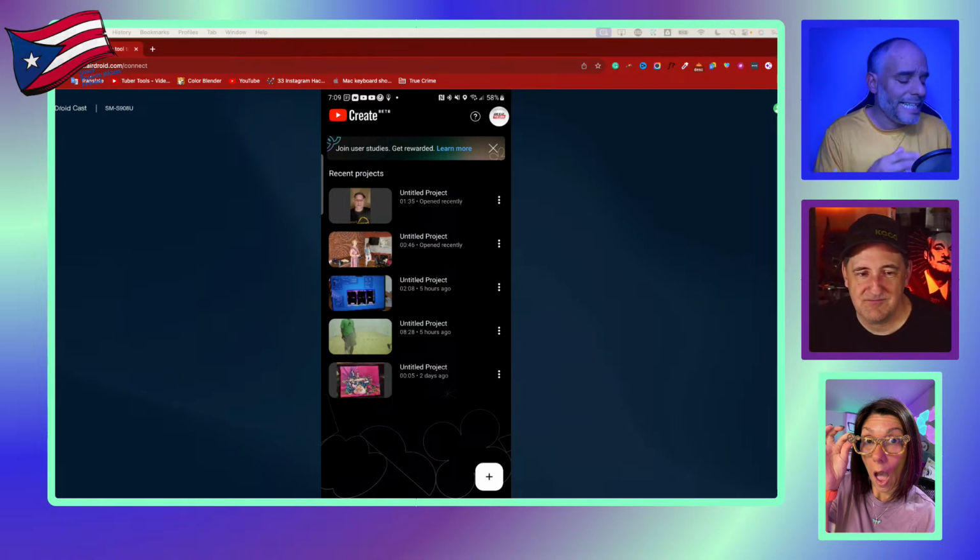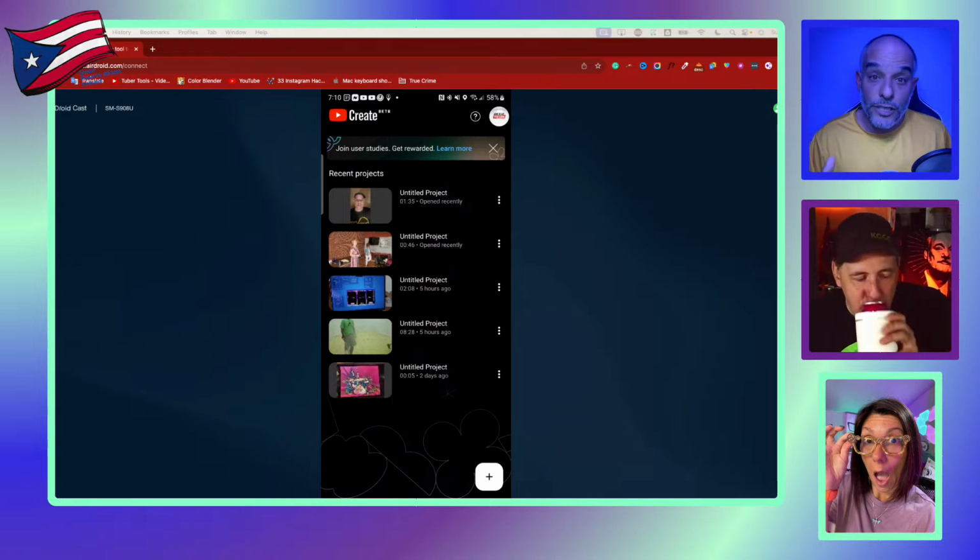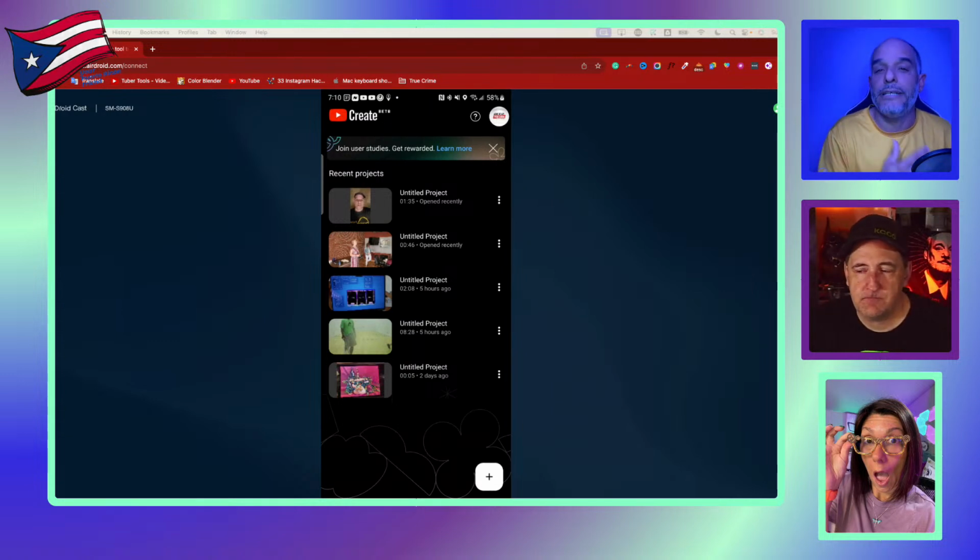Well, it's going to allow you to easily edit your videos and your shorts directly from your phone. So it's going to make that whole thing that much easier. If you have some ideas that you want to bring to life on video, it doesn't matter how simple or how complex your ideas may be, if you're looking for a simple way to do that, this is a simple editing app to help you do that. And we're going to share with you how to create and edit projects using this app.